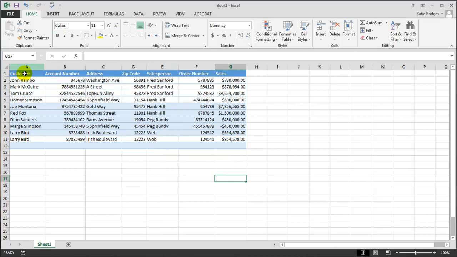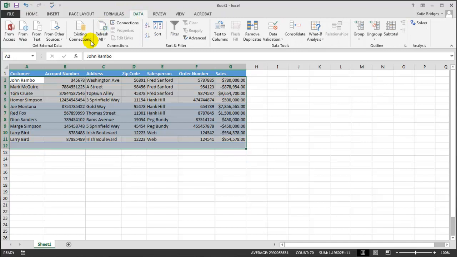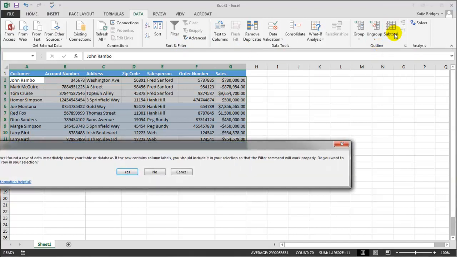So then we're going to select all our information here, and we're going to go to the data tab, and in the data tab you can see that you can do various things that we're going to cover later. You can sort and filter here too, but we're going to want a subtotal. So if you go over to your outline group and you click subtotal,